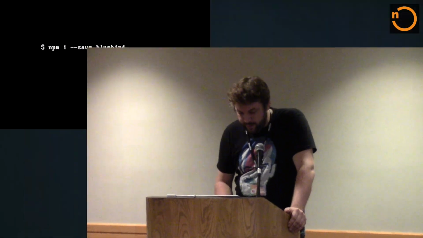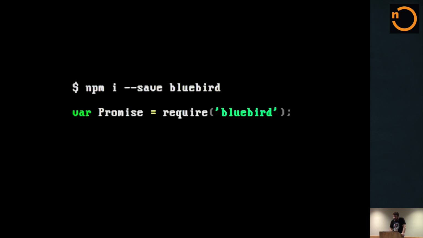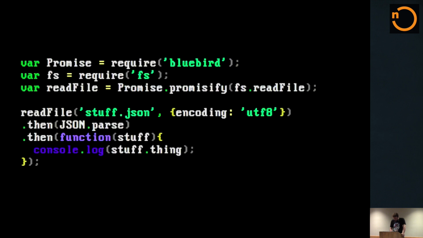But libraries like Bluebird and Q are going to be helpful no matter what because they're always going to provide extra helper stuff on top of the spec. So yeah, we use Bluebird at DeNA, and we're pretty happy with it. It's pretty easy to use. Like everything in Node, you're going to npm install it and just require it. So basically, we're going to require Bluebird and then use it as our promise implementation just like that. We're not going to do something like var Promise = Bluebird. It just makes things a whole lot easier. So let's see that in action. One of the most important features of Bluebird is the function Promisify, which you'll see on the third line there.